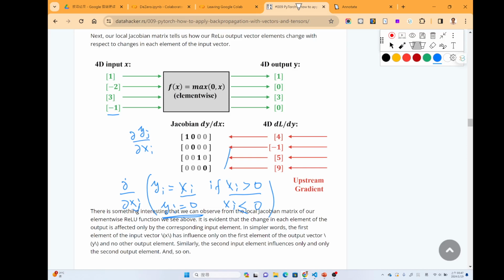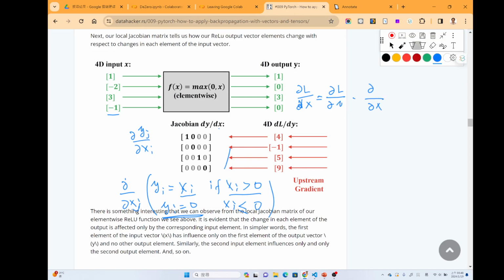And then the next thing we need to do is simply multiply the Jacobian matrix with dL over dY. So when we want to calculate partial L over partial X, we can use partial L over partial Z dot partial Z over partial X. Here it is not Z, it is Y, so let's modify it.